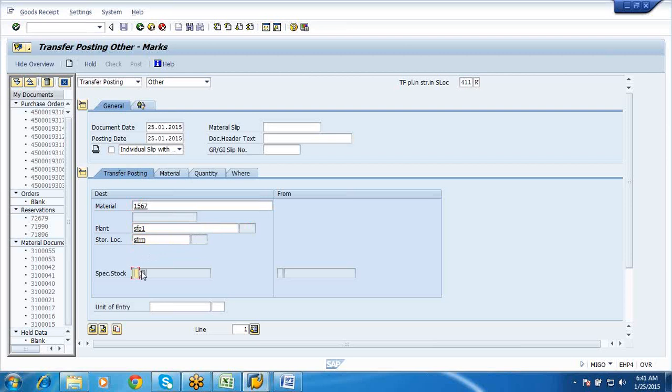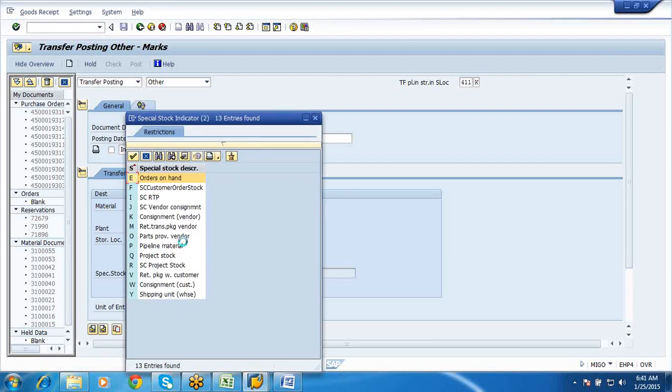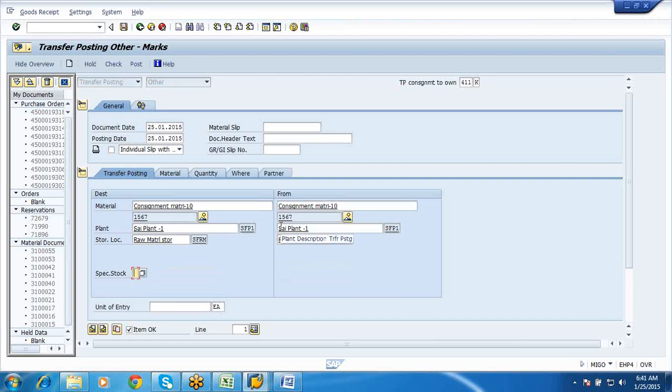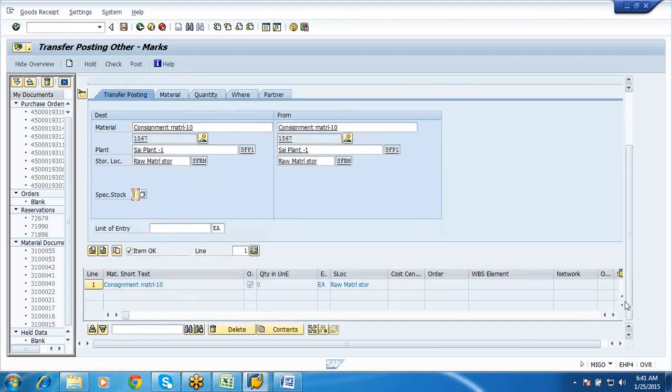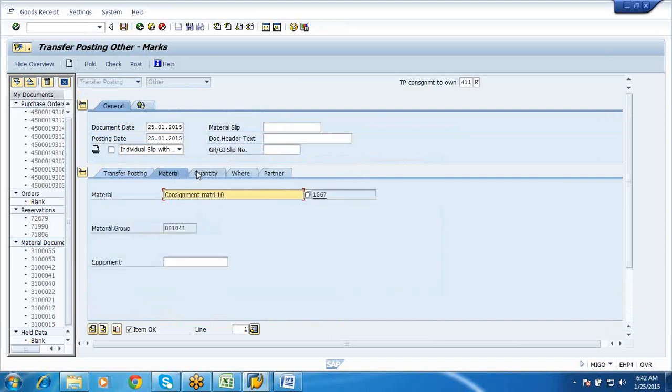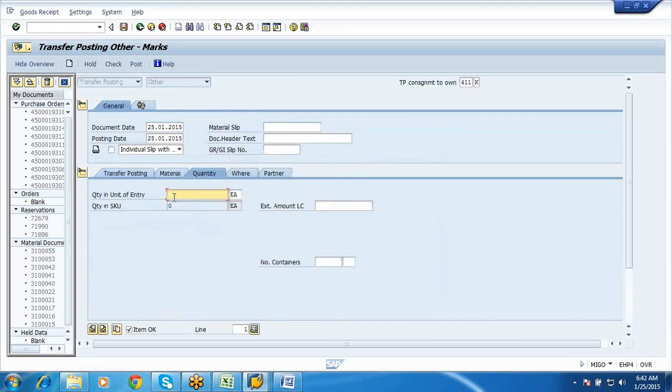Special stock: no, this is not a special stock. We'll put it with the consignment K. This itself is sufficient, 411K itself is sufficient. Let me press enter. Okay, the item is fine. Let us specify the quantity, I would say 4 numbers. Enter.